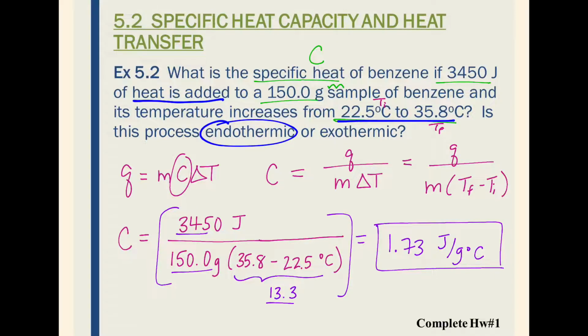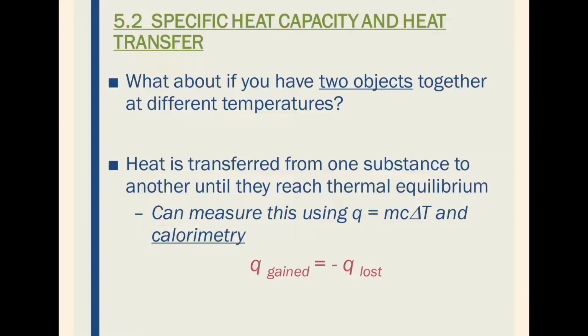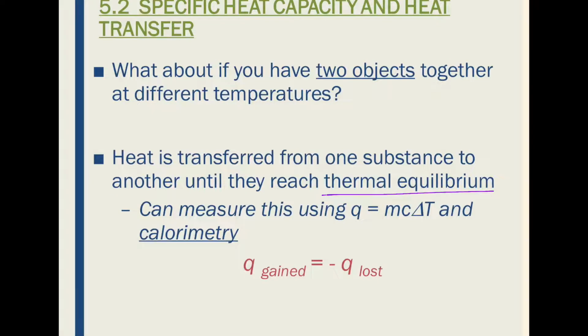The final part of this section will give us a little bit of a preview of something called calorimetry. All of those previous examples were essentially one object or one substance changing temperature. But what about if we have 2 objects together that are at different temperatures? We know from what we already talked about that those substances will ultimately reach thermal equilibrium. But can we track what's actually going on quantitatively during that process? And the answer is yes. We can do that using our Q equals mc delta T equation,